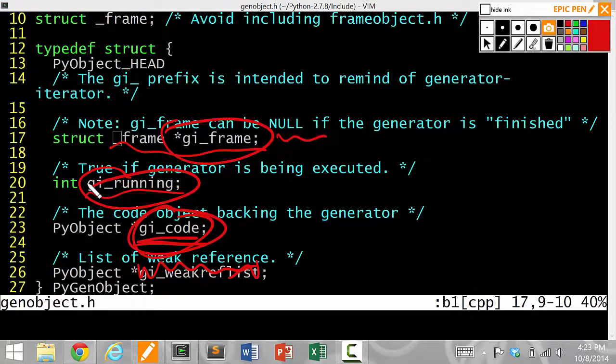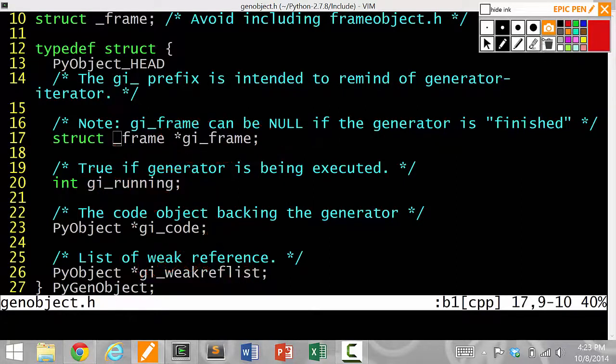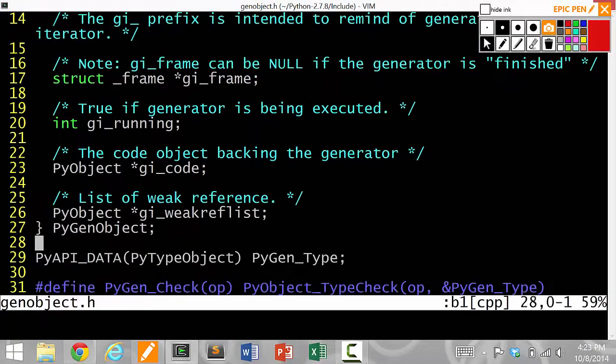And notice that when you're done, you should say you stop running, so that the interpreter knows to get out of the generator completely or get out of the for loop. It's sort of like the StopIteration exception, right? Which we'll see on your assignment. You need to have a way of getting out. Okay, so that's the PyGen object, and then if you look at Objects, genobject.c,